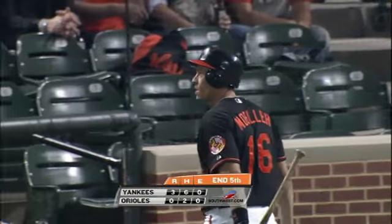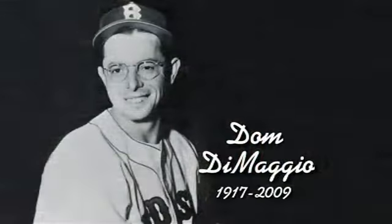Today, baseball lost one of its great friends and players. Dom DiMaggio passed away, Joe DiMaggio's brother. He was 92 years old. 11 years with the Red Sox. A .290